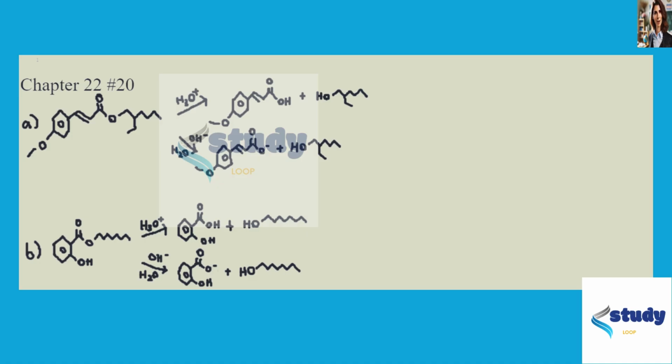And this should be pretty self-explanatory, pretty apparent. In an acidic environment, the carboxylic acid is going to be protonated because you can think of it as there are many extra protons floating about in the solution. So just by chance, one of those random protons will associate with the oxygen of the carboxylic acid, and so